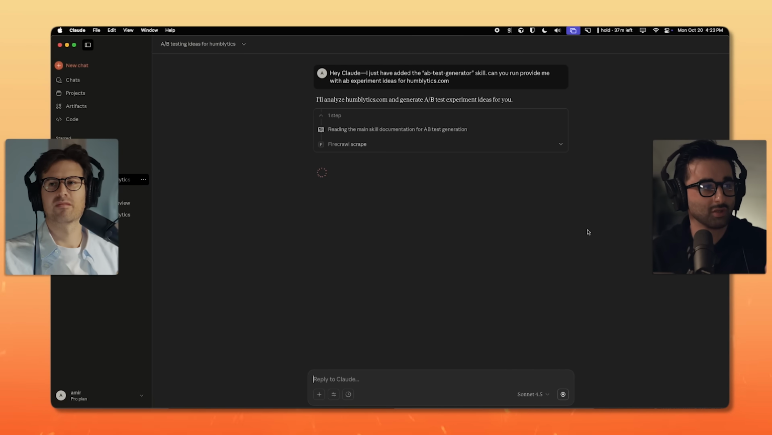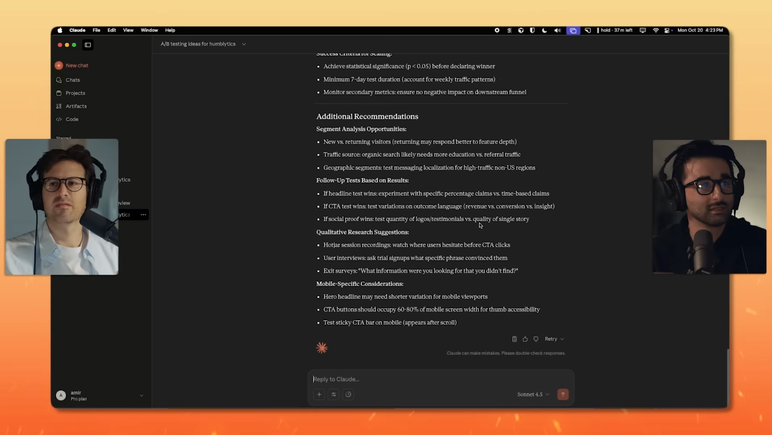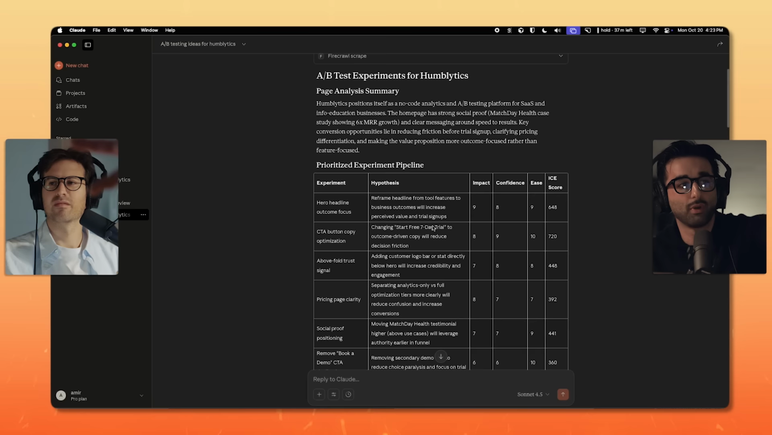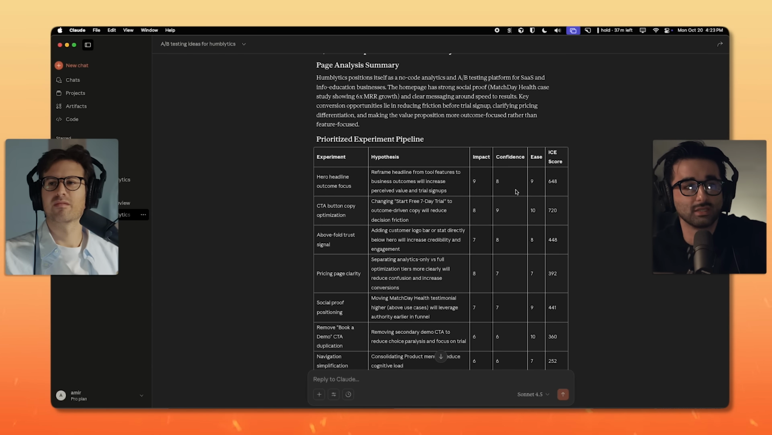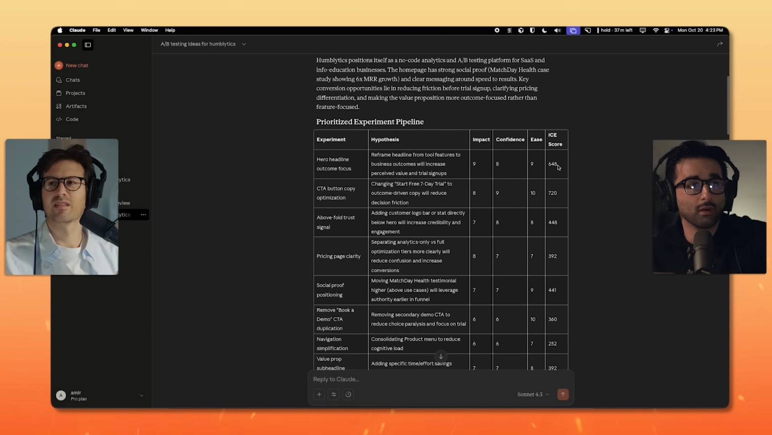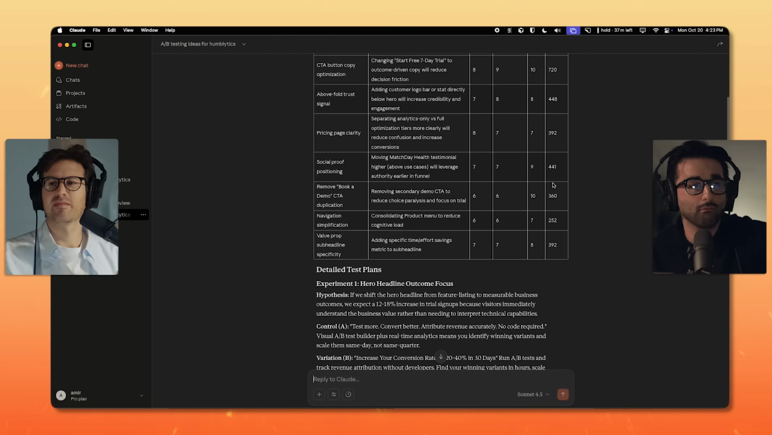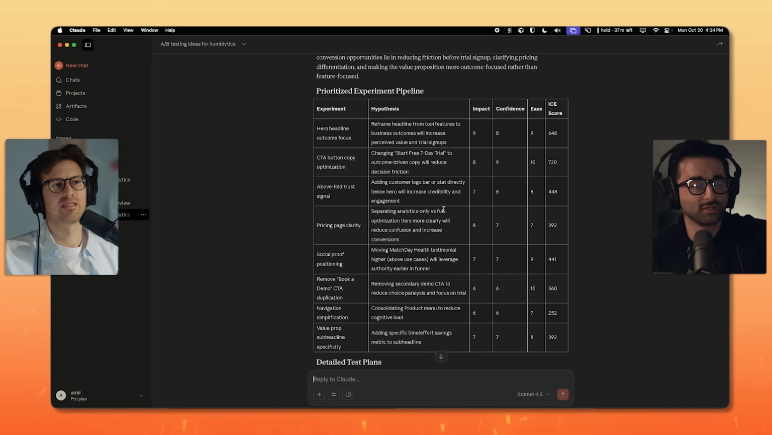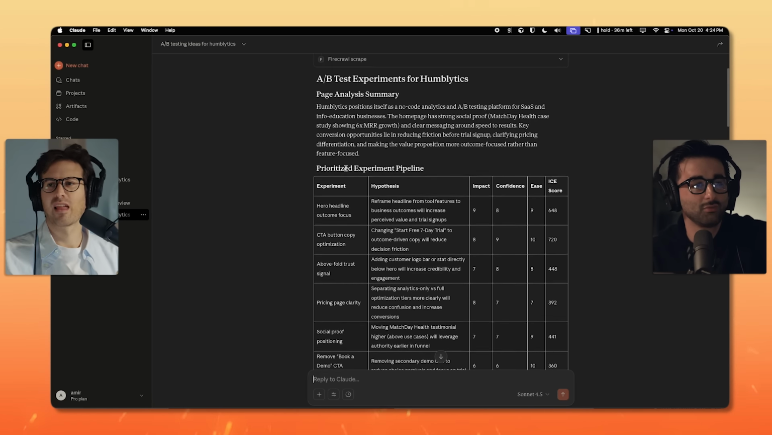So while that's running, maybe I'll just show you an example of what that actually looks like. Essentially it looks something like this. It gives you an experiment pipeline, impact, confidence, ease, ICE score, and it was actually a really good one. I actually did it right before this call, before the session today. It told me to actually test